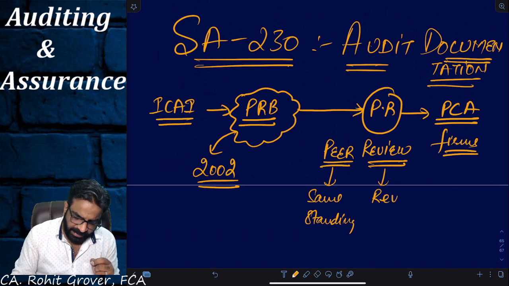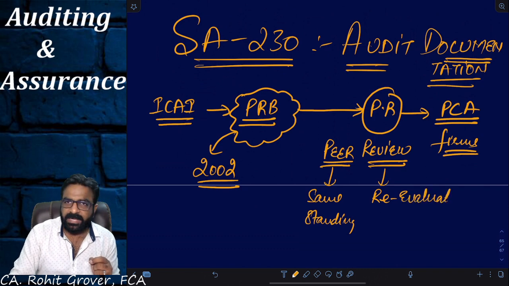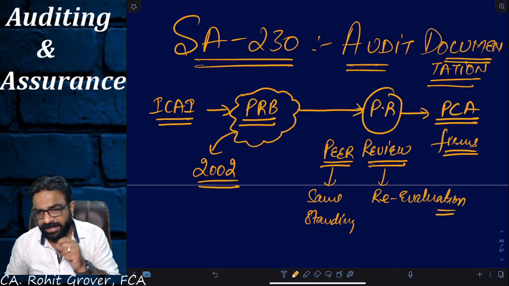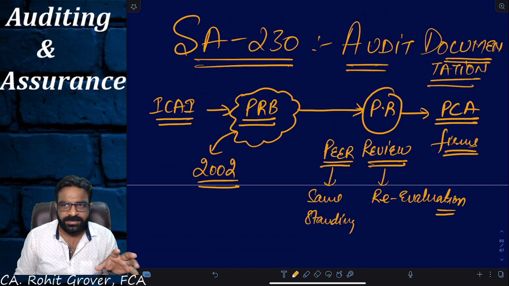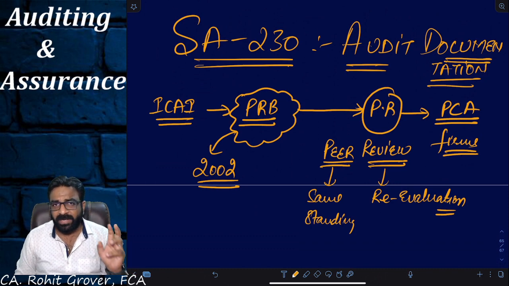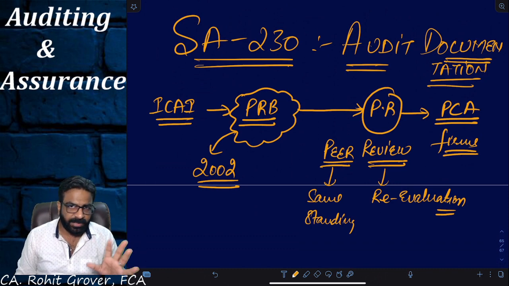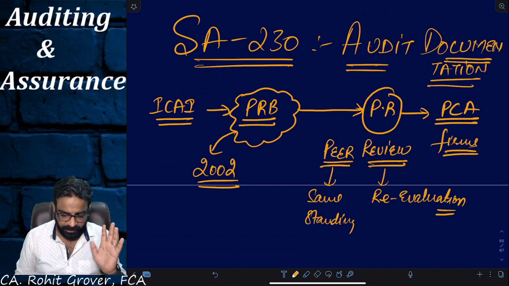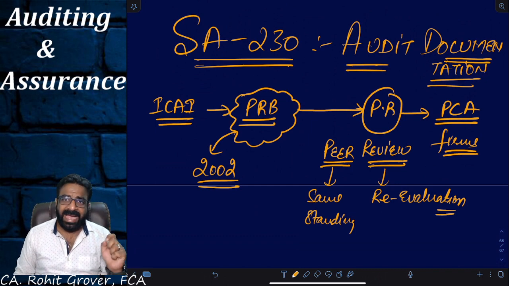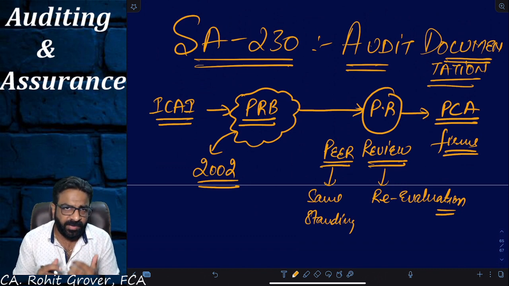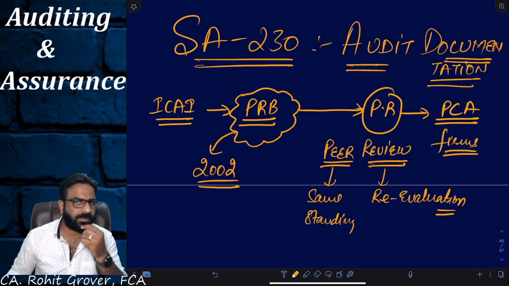Now my question is very simple to all of you who are listening to me. Tell me, are we representing ICAI in the market by becoming a chartered accountant or not? Yes. People respect our work, accept our work, and recognize our work because we maintain quality control in our work as per SA-230. Yes, sir. You already told us. Now, ICAI wants to see that when you are serving the society and your profession, are you maintaining the quality consistently or not?